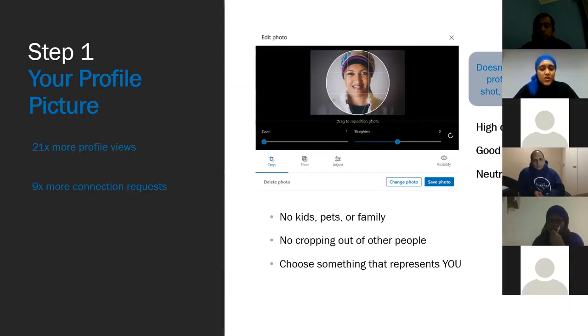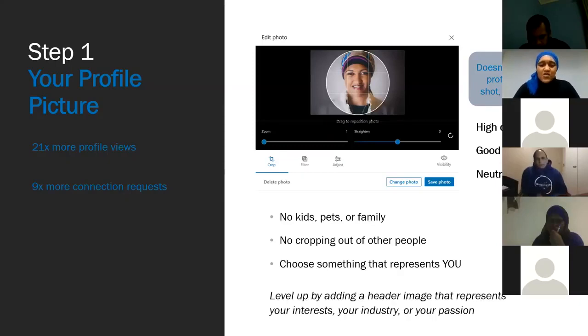If it's a more casual profession, you might be more casual, but make sure it still looks professional. If you are, say, a personal trainer, it would make no sense for you to pitch up in a suit on your profile picture, because that does not speak to your profession. So you can still look professional and still let it speak to that persona that you are trying to build professionally. So maybe you want to be in gym clothes. That doesn't mean it has to be any certain way. It can still look professional.